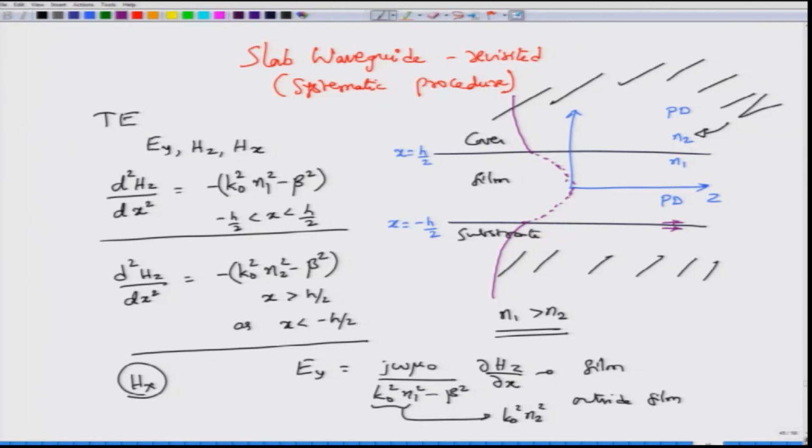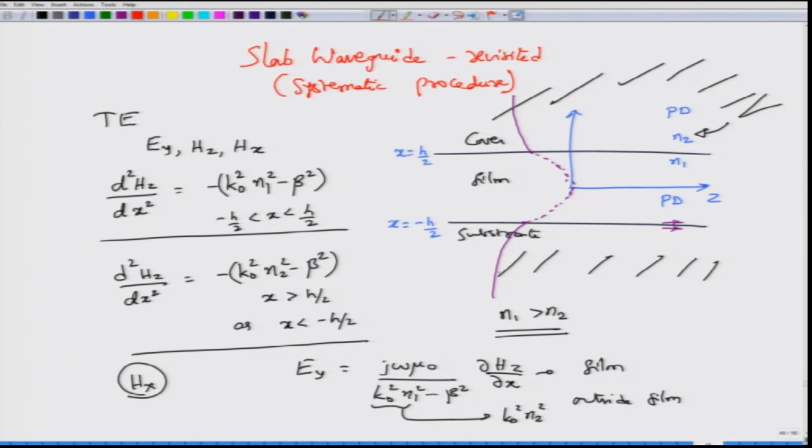So, the solution would look more or less like a sinusoidal field inside, but outside it would be an exponentially decaying field. These are the so called radiation modes or the decaying modes or the decaying fields actually, but inside it would look like a sinusoidal or cosinusoidal kind of a wave. And incidentally, this mode now will have what is called the TE0 mode. Okay. So, it will be a solution even when nu is equal to 0. The field is not going to 0 when you substitute nu equal to 0. Okay. The other higher order modes are equally possible.